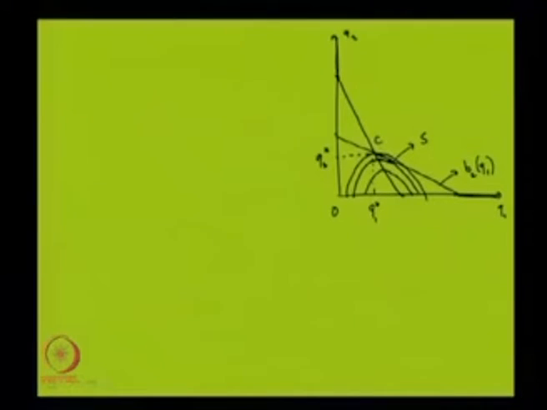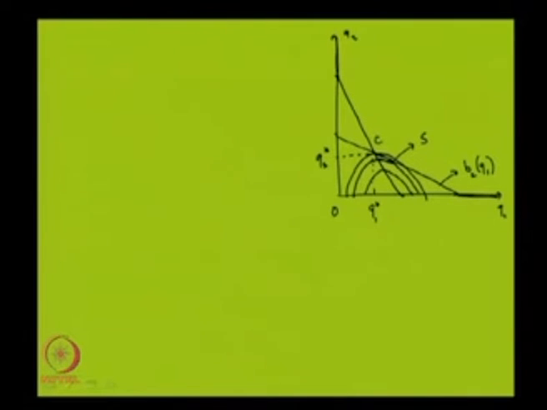Given this knowledge, firm 1 is maximizing profit. And how can he maximize his profit? By choosing an isoprofit curve, or equal profit curve, which is closest to the horizontal axis. At the same time, I can have a point on the best response function of firm 2 if I have a tangency of the isoprofit curve with the best response function, and that is how S is defined. So, that is why we are saying that S is the Stackelberg equilibrium.